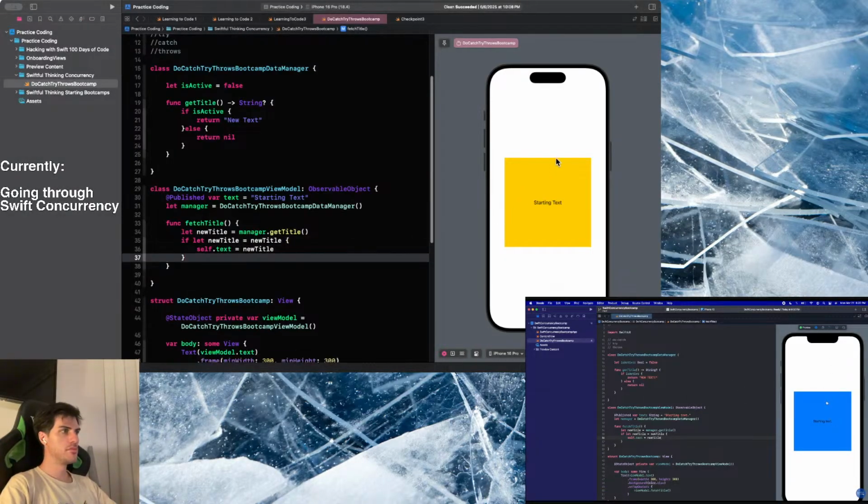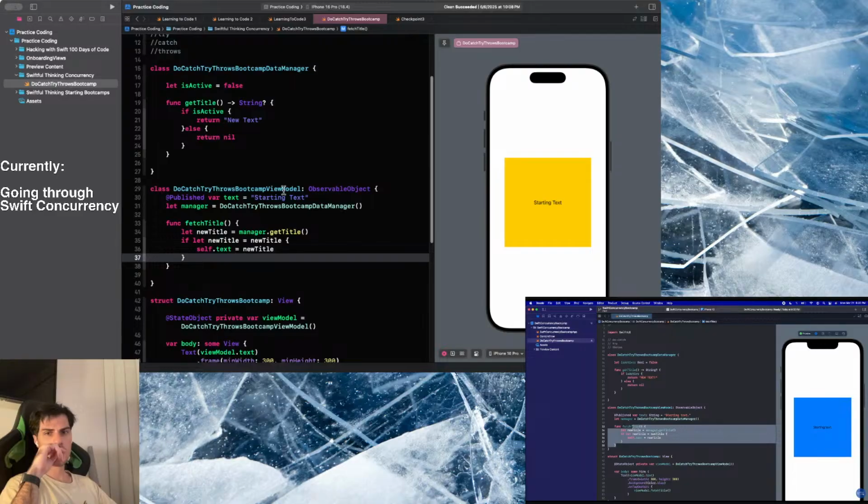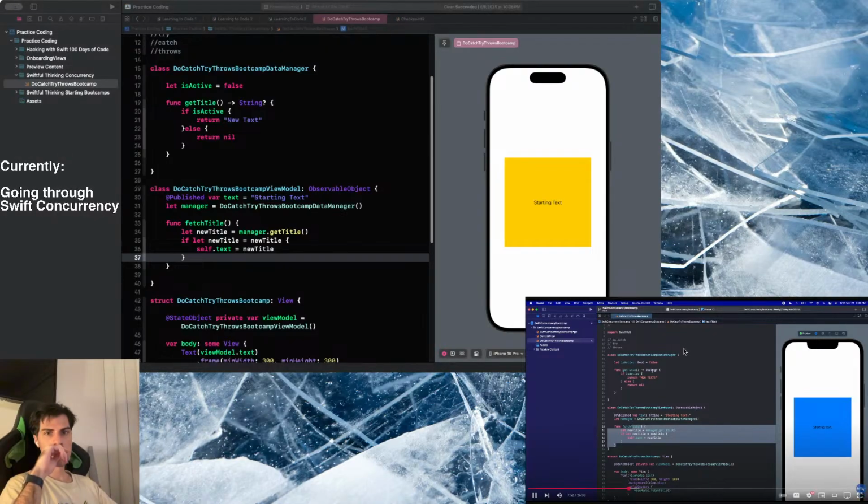I'm going to click on this. And as you probably can see already, if I click and press on this, nothing is changing. And that's because isActive is false. So we're returning nil, and then nothing's happening in our app. So already off the bat, we can see that there are